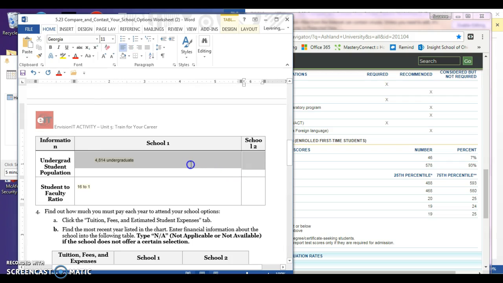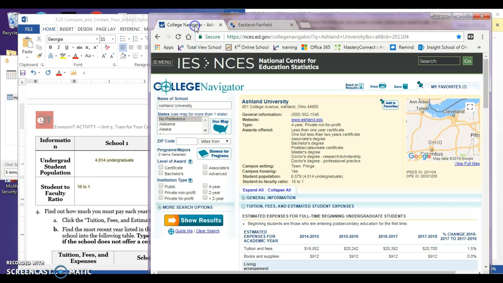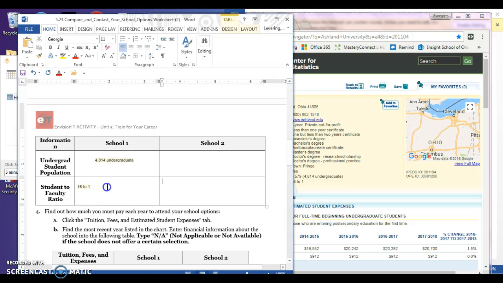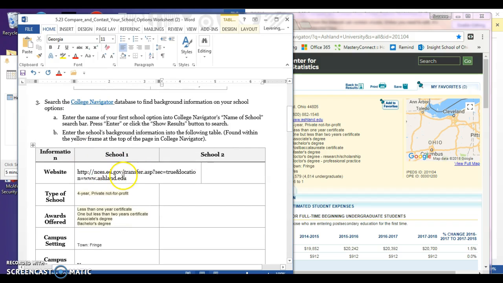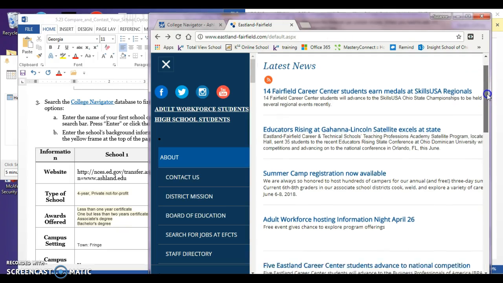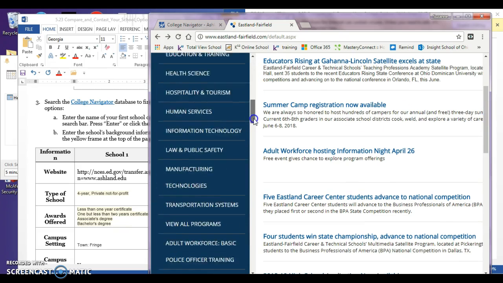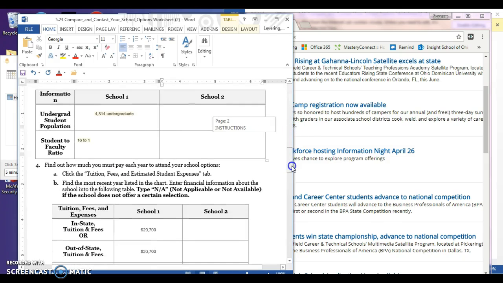So my second school was Bowling Green State University. However, I'm going to skip around a little bit to show you something different. If the school that you're researching is not a part of the College Navigator website, you're going to have to go to the school's website and research this information directly from the school's website. So I went into Eastland Fairfield Career Center, and from that website, you're going to need to do some of your own research to find some of this information. Certainly, not all of this information will be included in the web